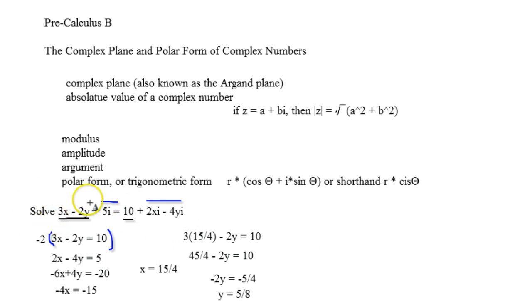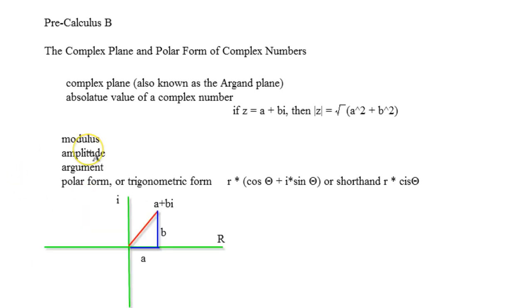If you just paired up the sides, you did factor by grouping, you should be able to get this pretty easily. Alright, so the complex plane is going to be a lot like the coordinate plane, the Cartesian coordinate plane,